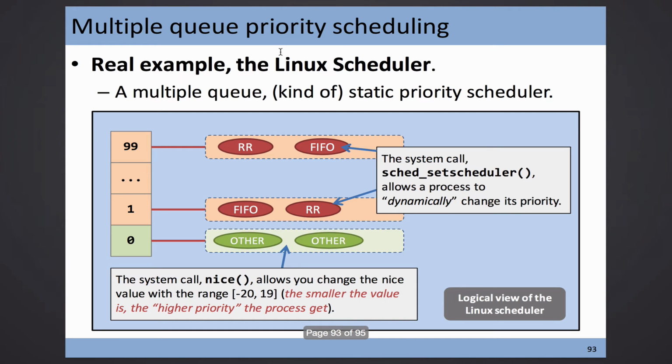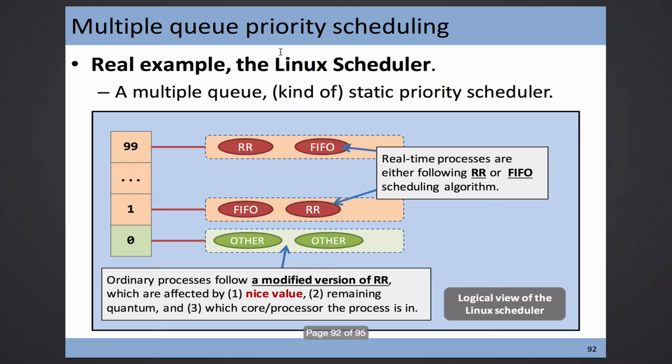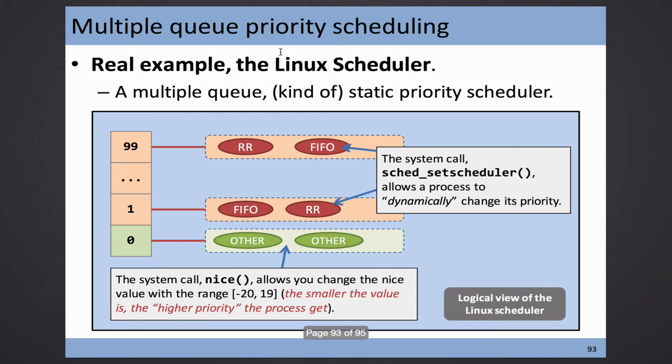I cut them out. The animation I want to describe is about these two guys. What happens if the RR runs out of its quantum? It will jump to the end of the queue and let the FIFO run. But FIFO doesn't leave the CPU, so the FIFO will jam the entire CPU until it's finished, then let the RR run again. So this is the end of this part.